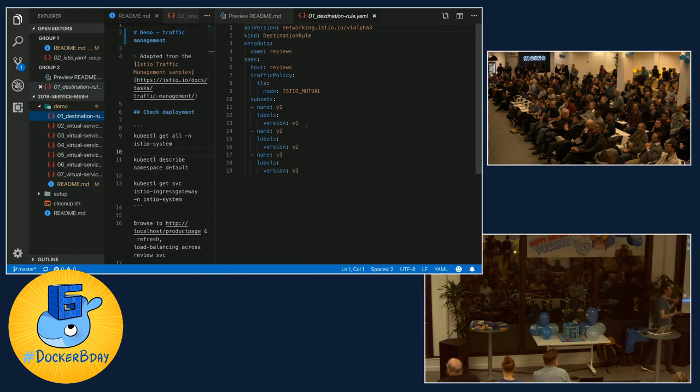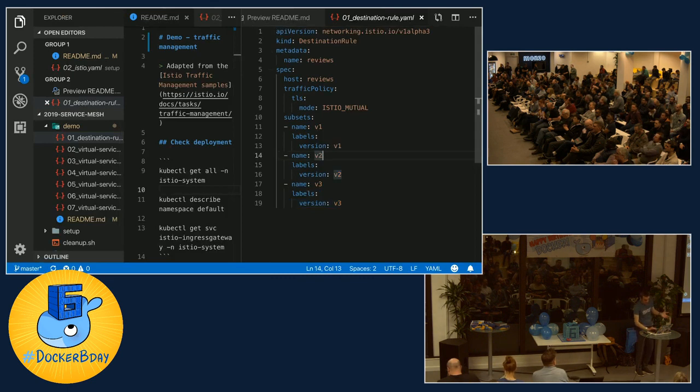So Istio has this concept of subsets. I want to be able to send a subset of traffic to a particular endpoint. It's an abstraction over various things, mainly done with labels. So if I've got some pods running that have a particular label, I can define that as a subset, which is a potential destination for traffic. So first of all, I have to create the available subsets, which are versions 1, 2, and 3, and they're just picking up based on these labels of what's already there.